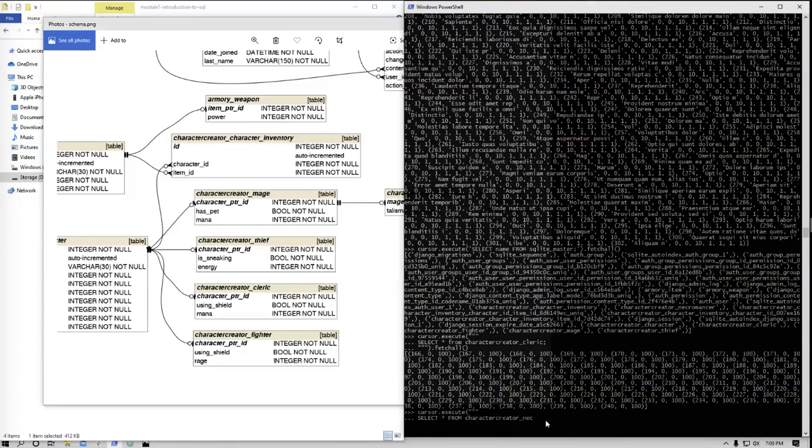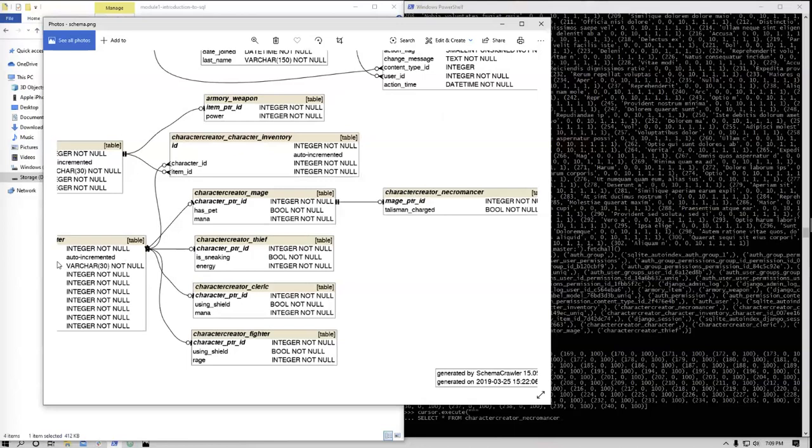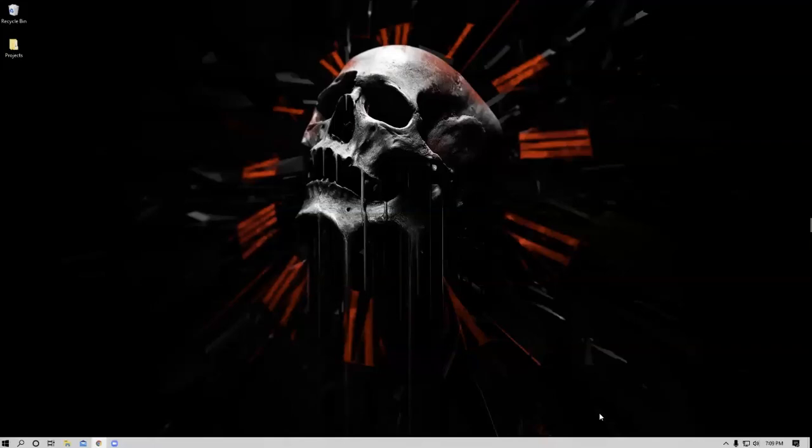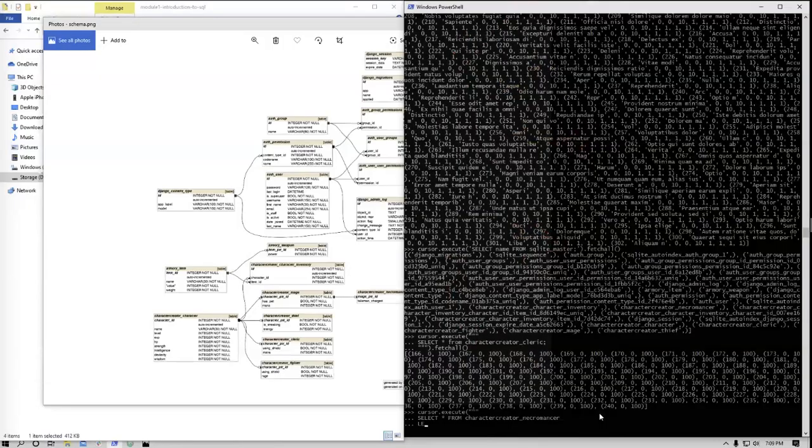Nope, necromancer. All right, set the name. Character creator necromancer. All right. What's the syntax? Oh, yeah. And then left join. Mage.